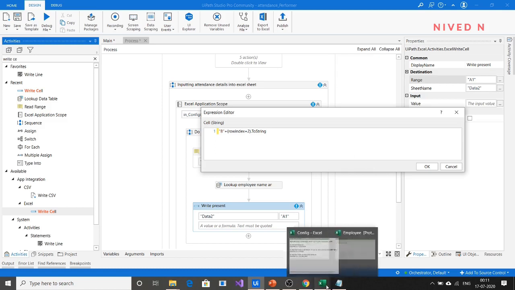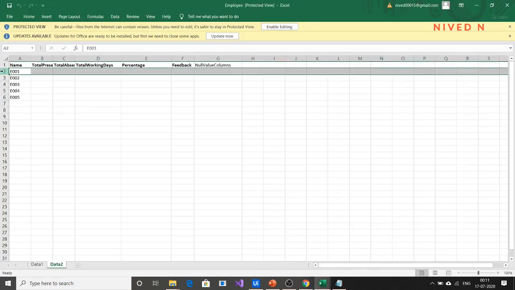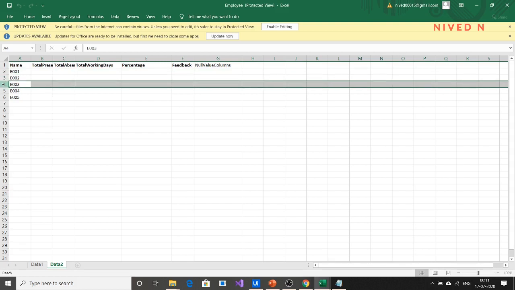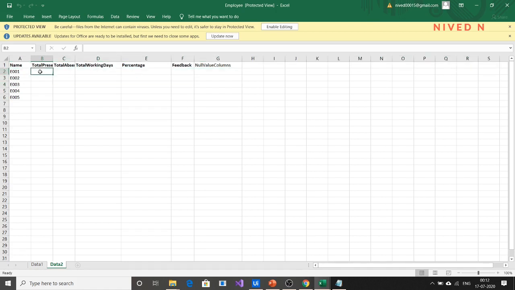Because if you look here in this employee sheet, this is E001. When you are looking for the value E001, its row index will be 0. For E002, its row index should be 1. E003, row index should be 2, like that. So for 0 row index, you are writing the value in the B2 cell. For first row index, you are writing the value for E002.